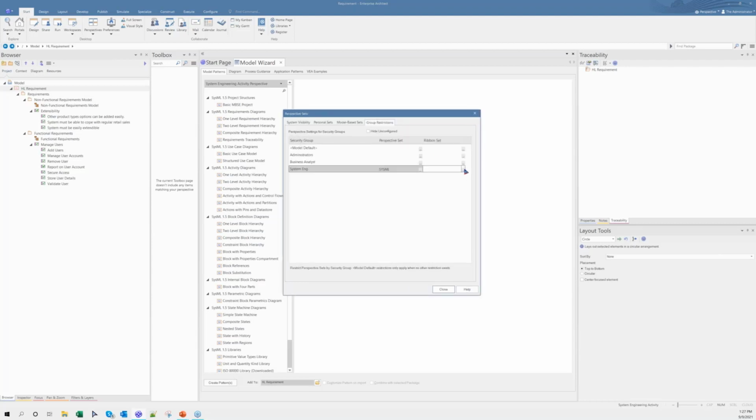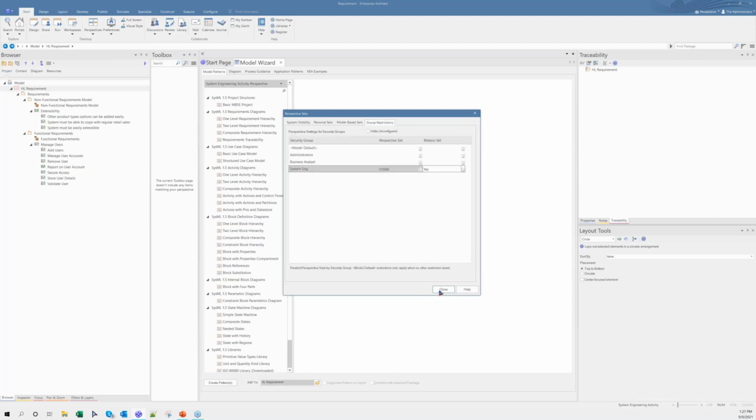And now I'm restricting, applying some ribbons to it. So let's make the design checked, the layout checked, and the configure checked, and let's remove everything, and I say okay. So now the perspectives are defined and the group restrictions are applied.